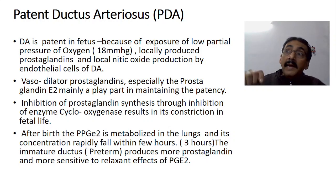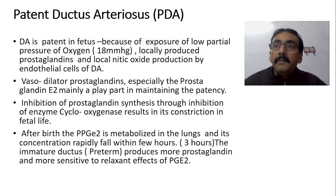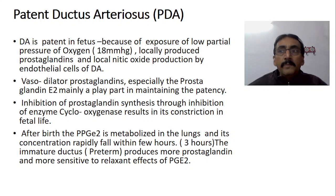Now, inhibition of prostaglandin synthesis through the inhibition of the enzyme cyclooxygenase results in constriction of the ductus in fetal life. Now, this is very important. Suppose the mother is taking any of the NSAID drugs, like indomethacin, etc. They are known to inhibit all types of prostaglandins. If the mother is taking these as a painkiller or for any inflammatory purpose during